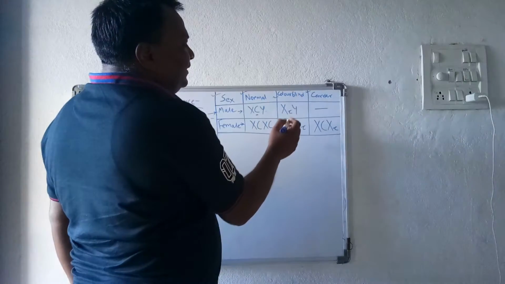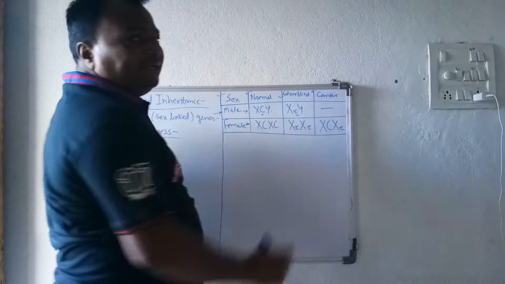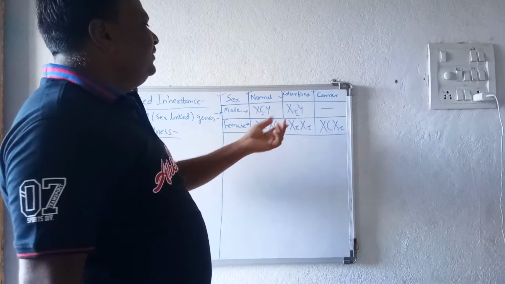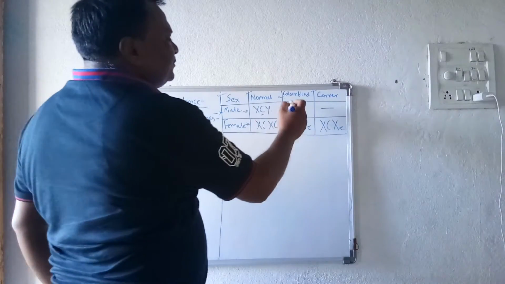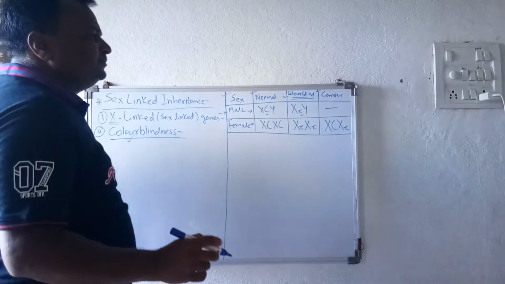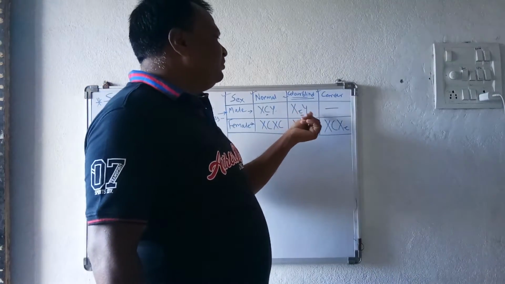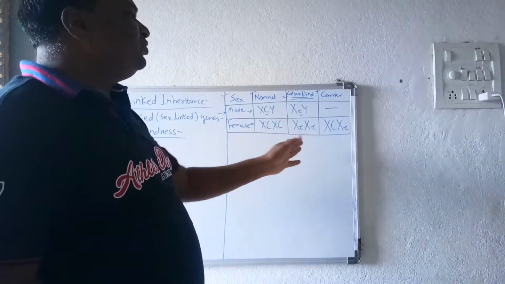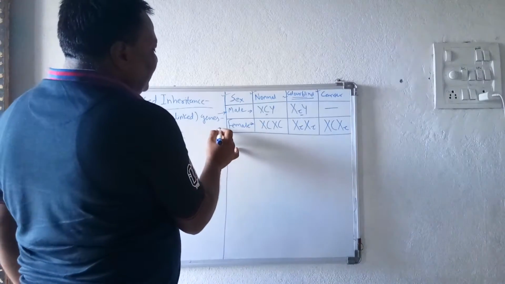Then in the color blind individual, this small recessive gene, that is small c, is present on the X chromosome, and the Y chromosome will be present in that individual. And in that case, such a person who carries this small c gene will be suffering from color blindness. And as this individual carries X and Y chromosome, there will be no carrier, because this gene would have to be present on both X chromosomes. So this is about the maleness.